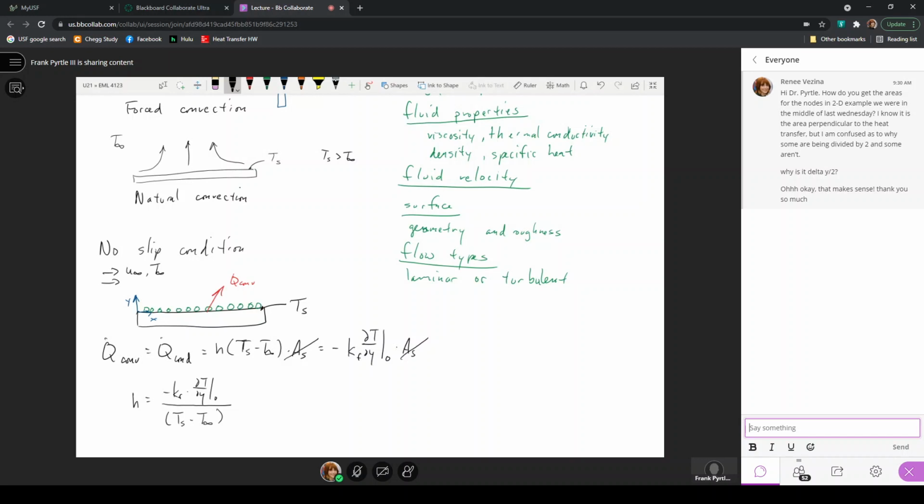So now, just to go back a second, the dT/dy at 0, that's at y equals 0. So y equals 0 is at the surface of the plate. So that's an indication of the temperature. We're talking specifically about the temperature gradient at y equals 0, which would be through those stationary molecules, because as we move up and away from this surface, the temperature gradient is going to become less and less as we move in the y direction,